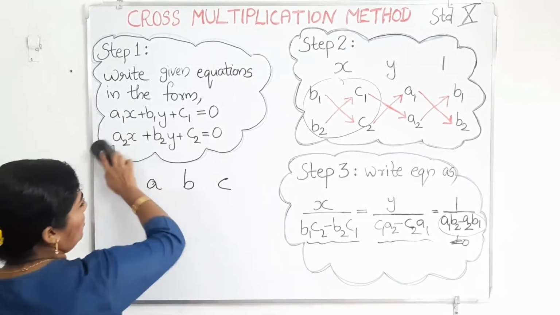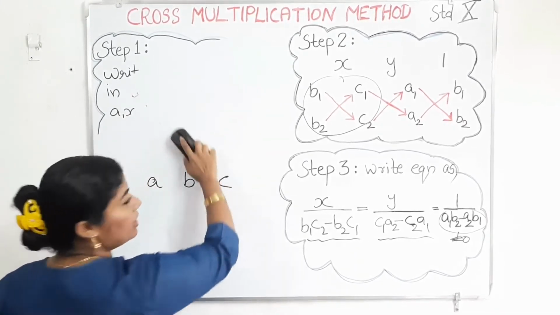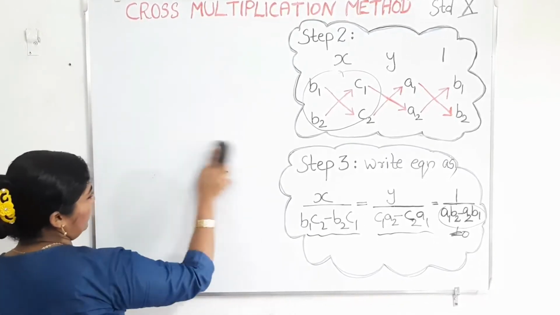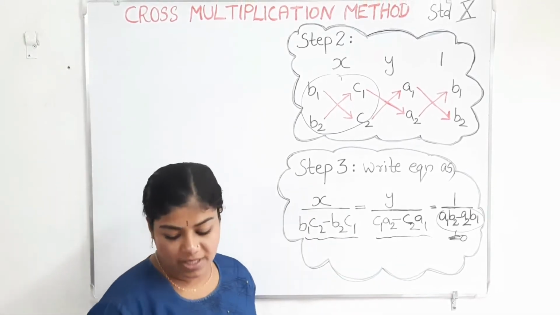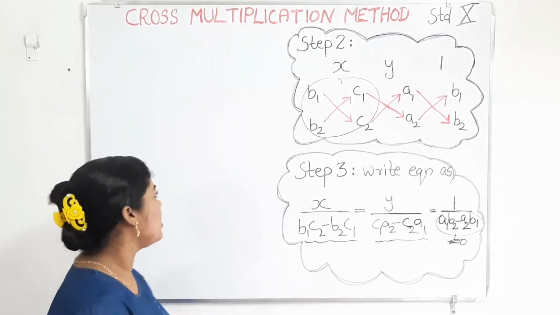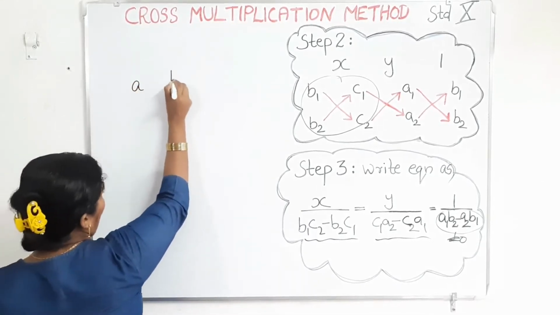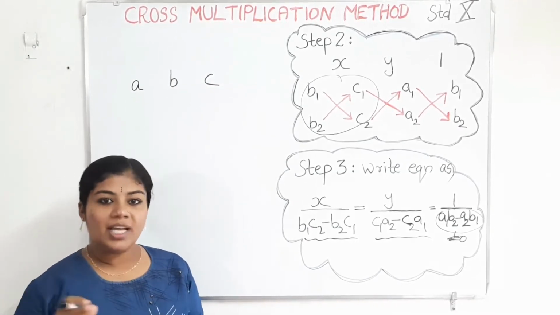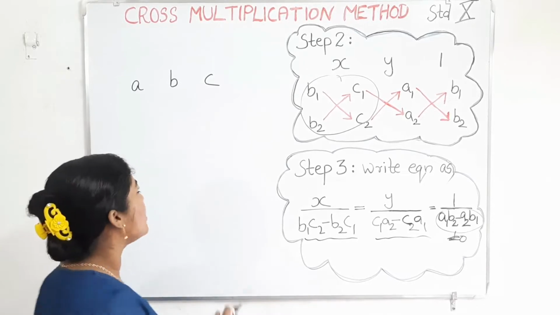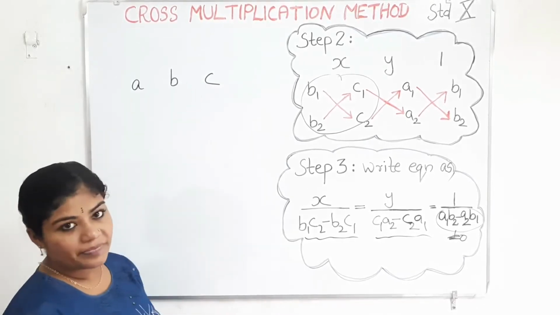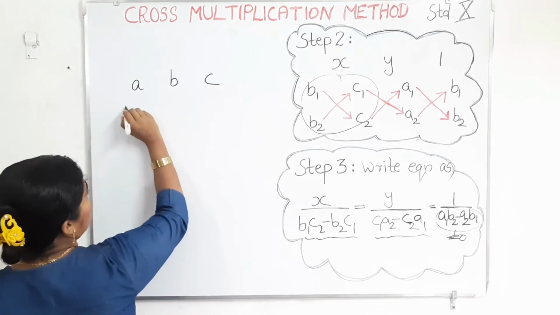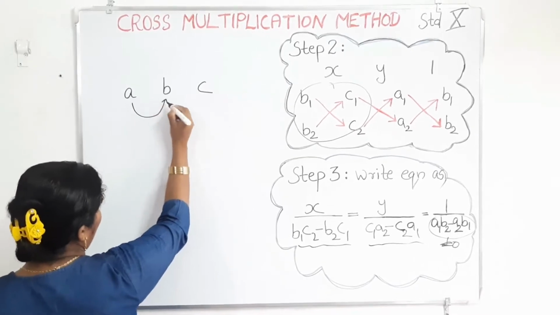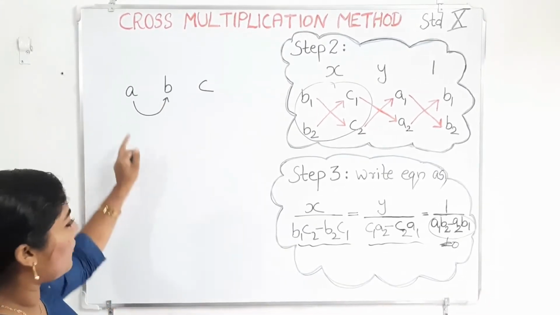Hope you all have written your notes. Now let's check how we can remember this without making mistakes. You have to know these steps. The first thing you should know is the linear equation. Next, we know A, B, C. Here we are using A, B, C as coefficients, like A, B, C, D, F, G. So I am writing A, B, C. Next, what I am doing is just drawing from A to B.